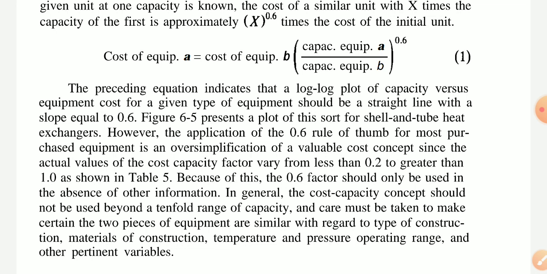However, the application of the 0.6 rule of thumb for most purchased equipment is an oversimplification of a valuable cost concept, since the actual values of the cost capacity factors vary from less than 0.2 to greater than 1.0, as shown in a table,